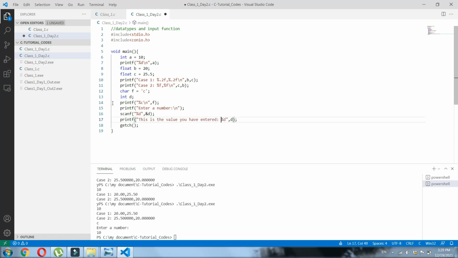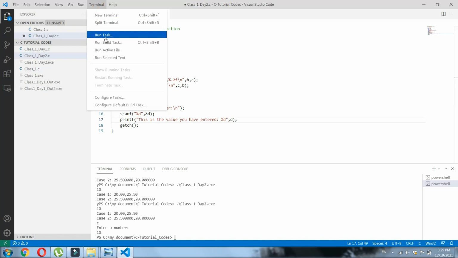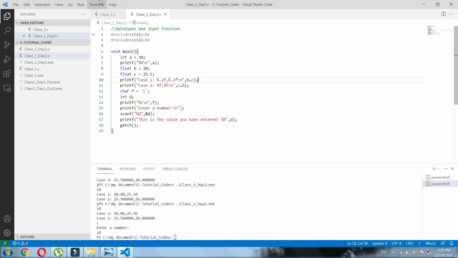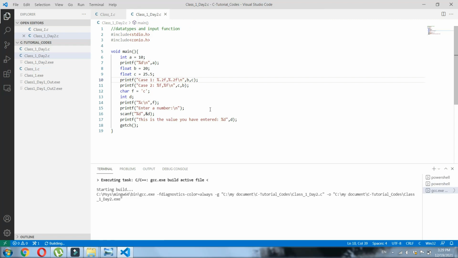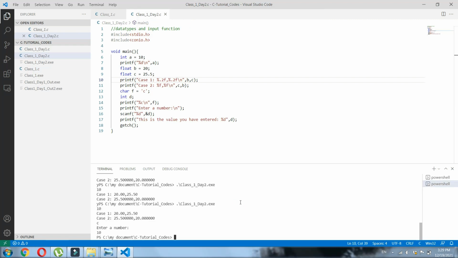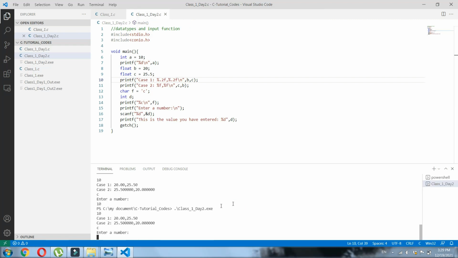Oh, this looks quite good. I am going to save this first, then build it. Okay, our file is ready.